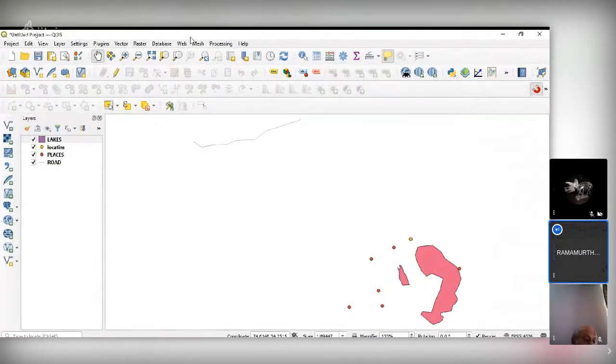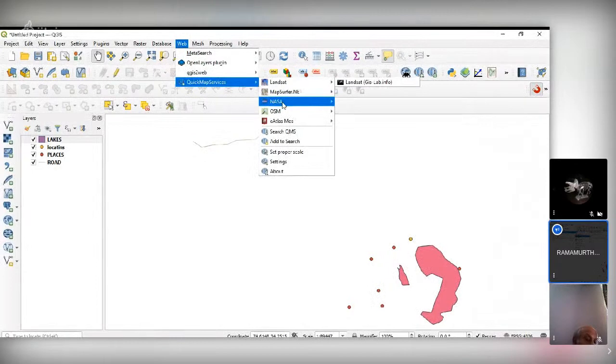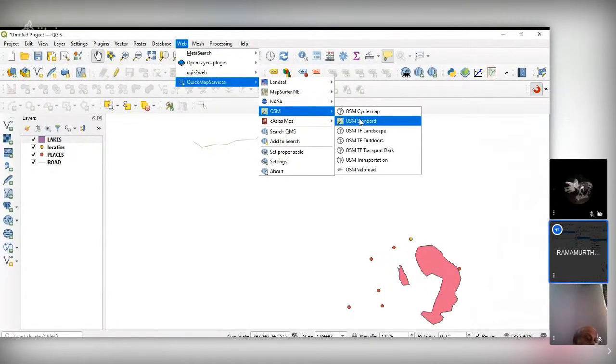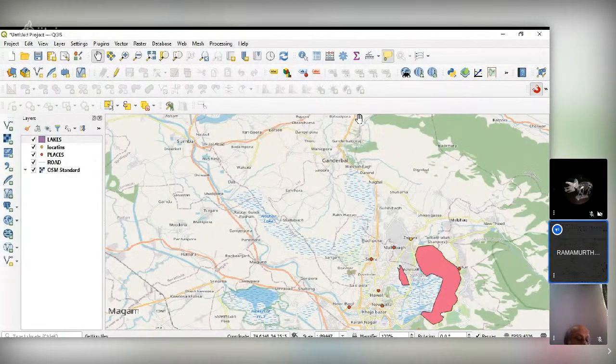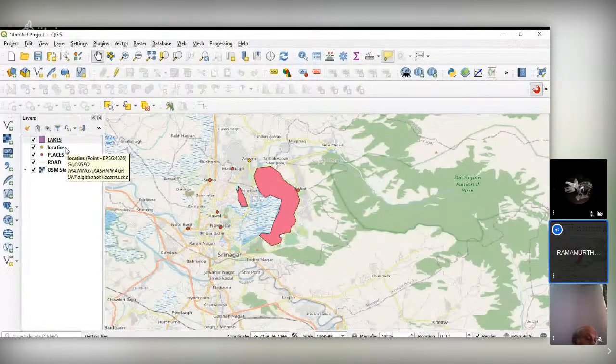So now go to web and open less. Standard. So this is how you have to digitize, extract features from whatever map you have.